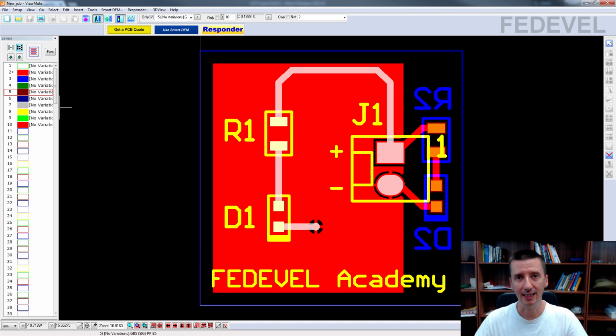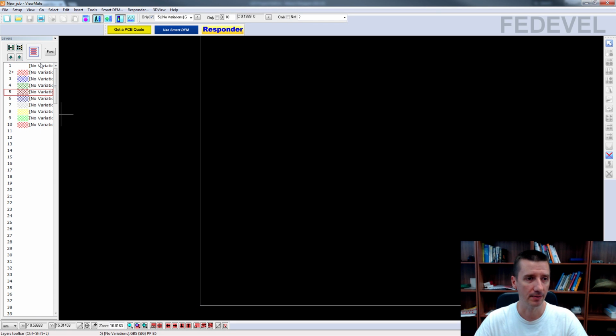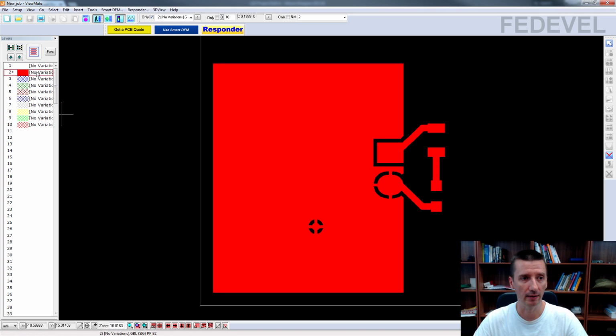If you would like to see what is inside of the files we have generated, we can hide all these layers, left click on this button, and here are all the files, okay? The first file is not a Gerber file, but the second file is no variation.gbl. That's the Gerber file of the bottom layer. And to make it visible, just double click on this file.